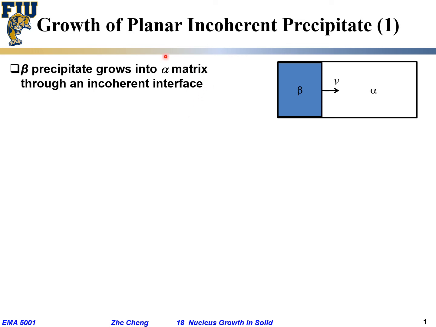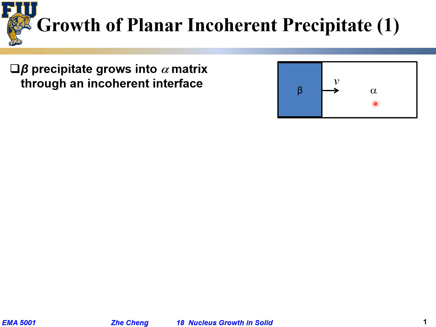Now let's take a look at the growth of precipitate. In particular, for simplicity, let's take a look at the planar incoherent precipitate. Planar means the interface between the precipitate and the matrix phase is flat, like a plane. And incoherent just means the interfacial energy between the precipitate and the matrix or the host is a constant